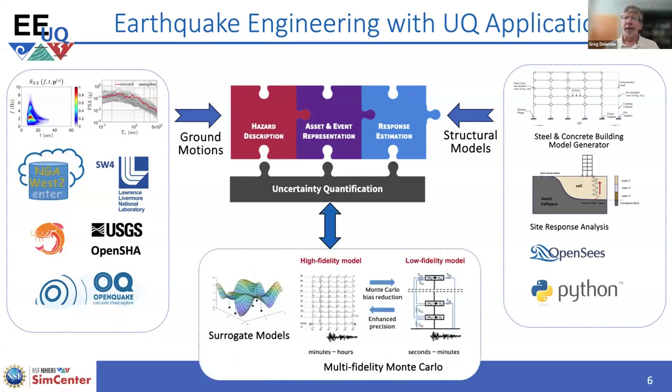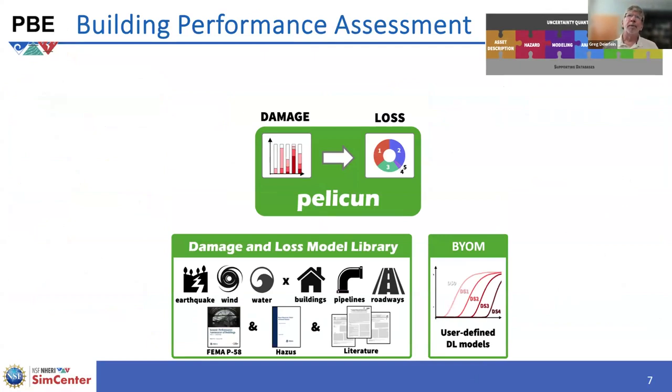So one can do parameter studies. And then the idea is you could then apply this to propagate uncertainties with ground motions, develop surrogate models. So that's the EEUQ. Next, moving up to performance-based engineering, this is focused on taking the output on structural response